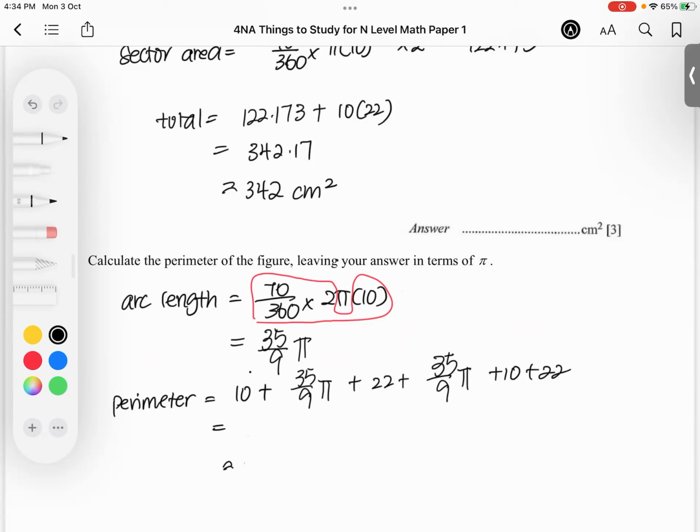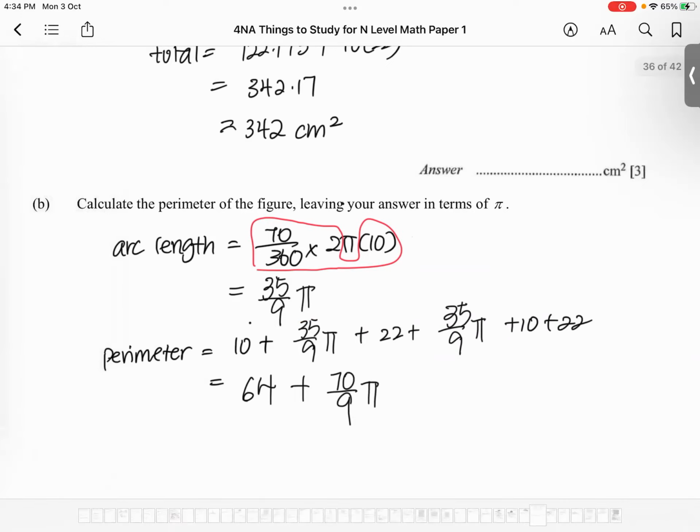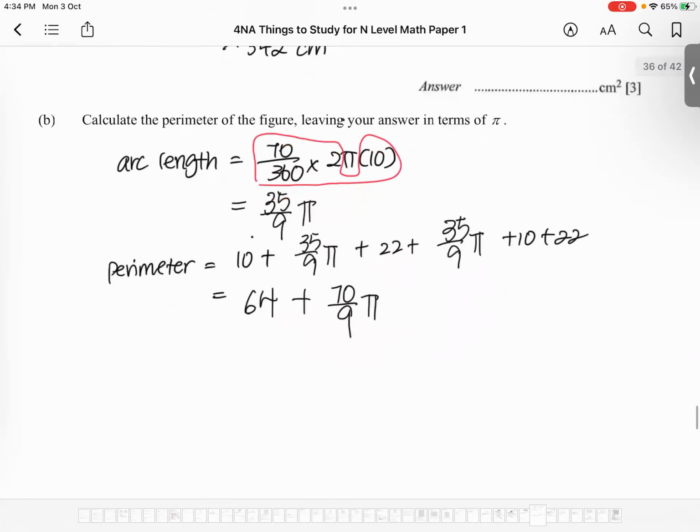To 64 plus the 2 numbers, 35 over 9 plus 35 over 9, to give me 70 over 9 pi. Okay, so for this one, the answer in terms of pi, even I've forgotten that I didn't do it this week. Okay, next one, this one just